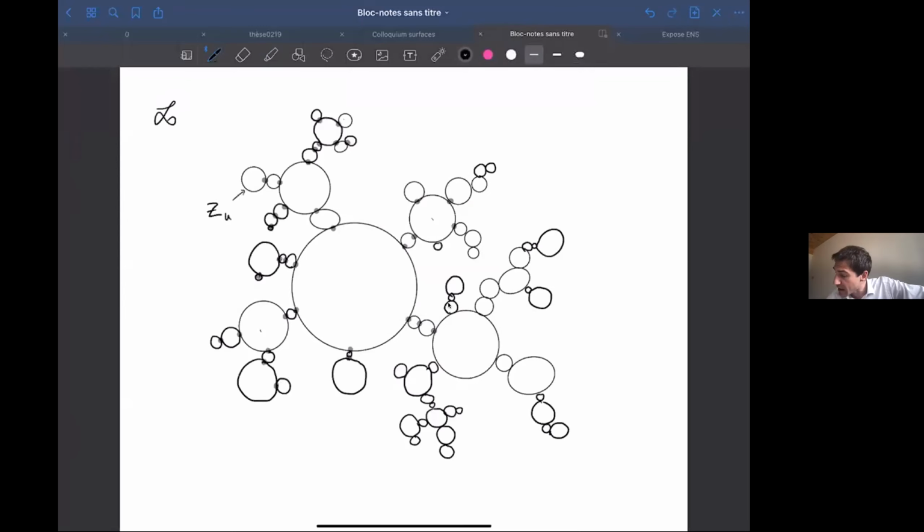And what is very important will be to look at those pinch points in a branch. A branch is, you take between two loops, between this one and this loop here, you have a branch and you look at those pinch points. So you look at the Z labels along these pinch points.